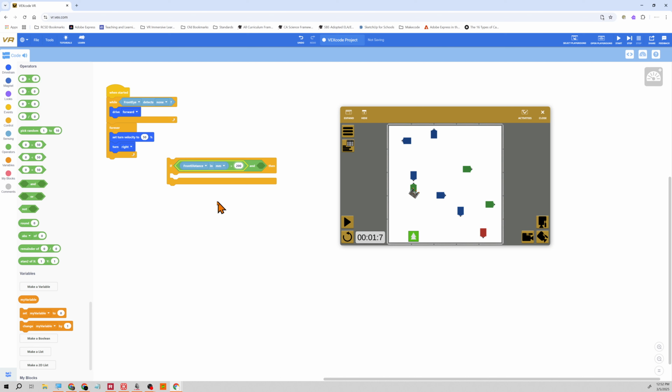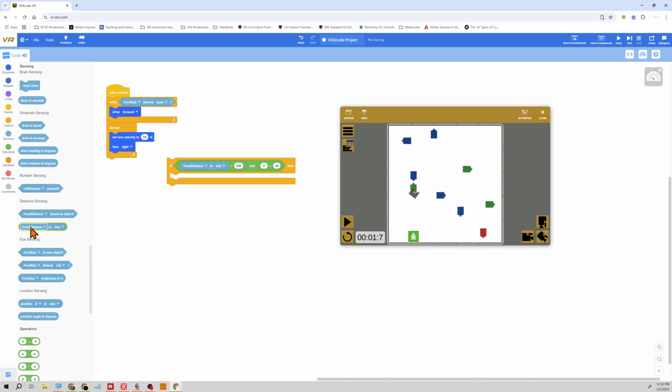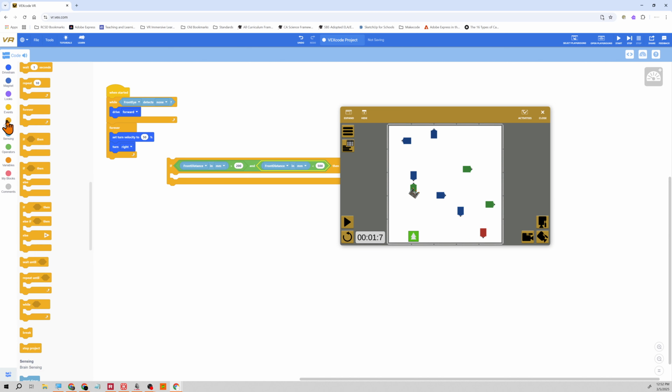So if the front distance is greater than 200, and we're going to do a similar thing over here at the other end, but less than a certain distance, so we need to go back to sensing, and we're going to do front distance again. Okay, and we wait till that 0 glows blue, glows yellow. And we're going to say, but less than 500,